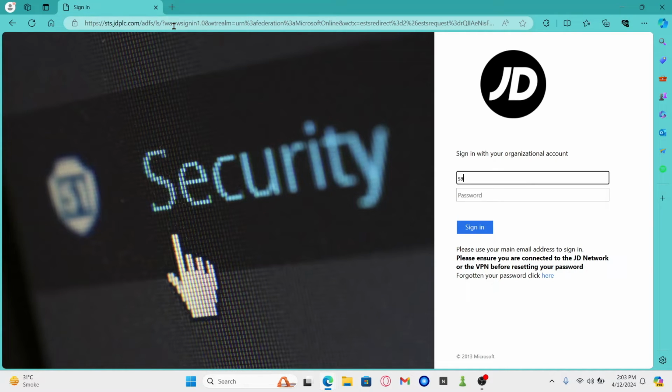Go ahead and type in your email address or your username that you used while signing up for your account. And then within the password box, type in your account password. You can then click on the sign in button and you will be logged into your HR account for JD4U